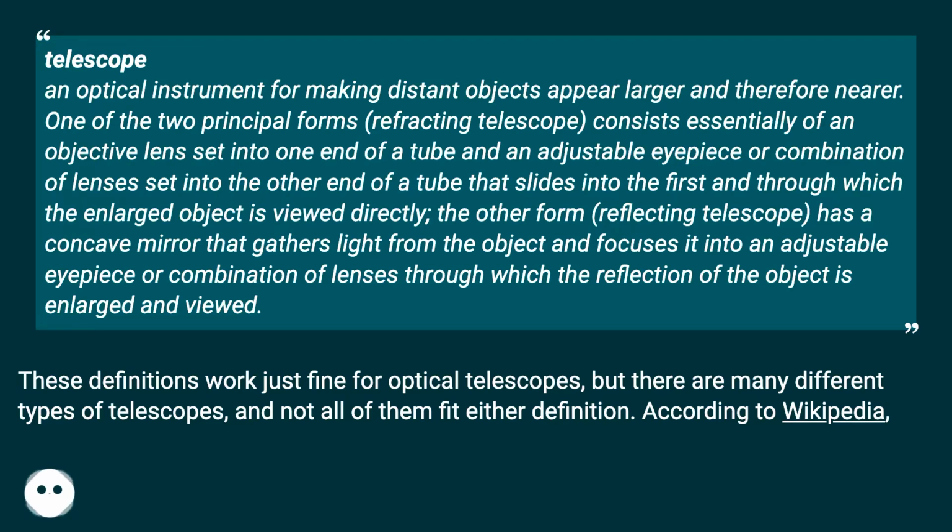The other form, reflecting telescope, has a concave mirror that gathers light from the object and focuses it into an adjustable eyepiece or combination of lenses through which the reflection of the object is enlarged and viewed. These definitions work just fine for optical telescopes, but there are many different types of telescopes, and not all of them fit either definition. According to Wikipedia,